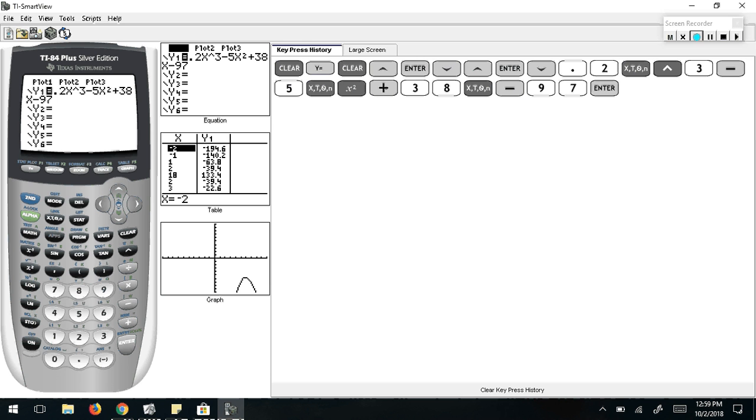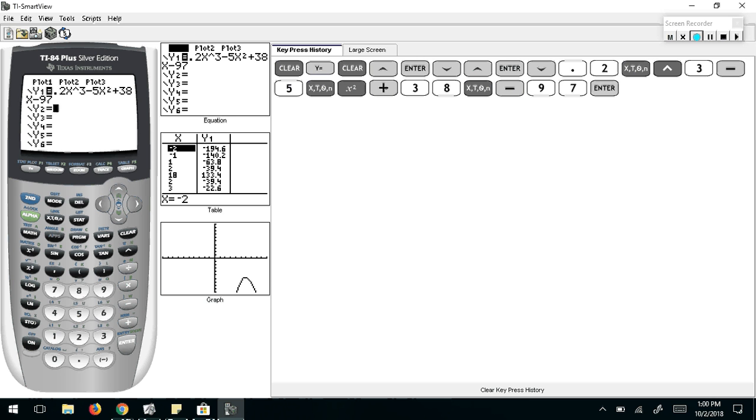Oh, nice. 0.2 x cubed, minus 5x squared, plus 38x, minus 97. Yes? Okay, so now what I want you to do, remember, when we're in this screen, to get a standard